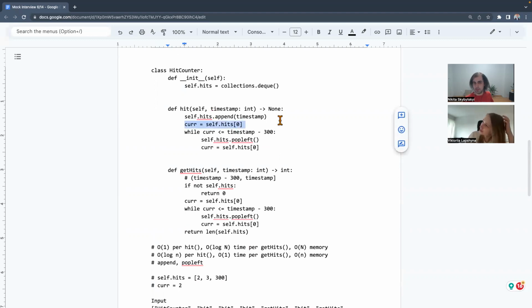Whenever we see this line of code, something may be wrong if the queue is empty. Here the queue will never be empty, because we will never remove this timestamp. Here the queue is not empty because we checked it. What about here?